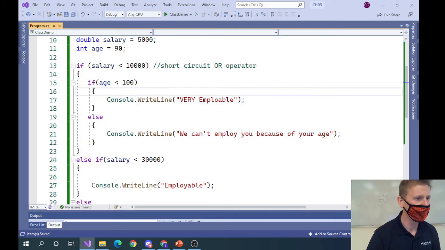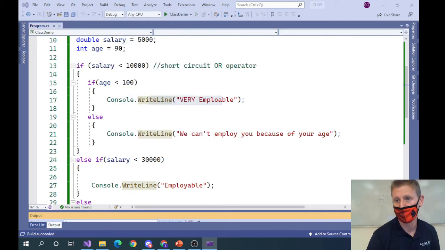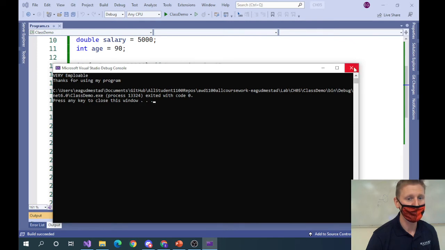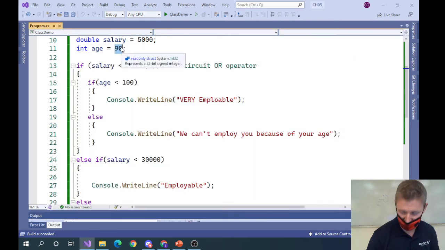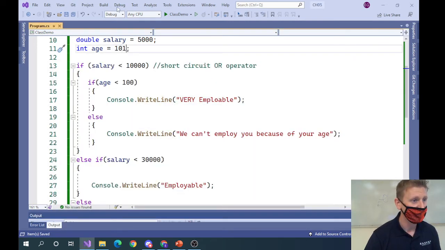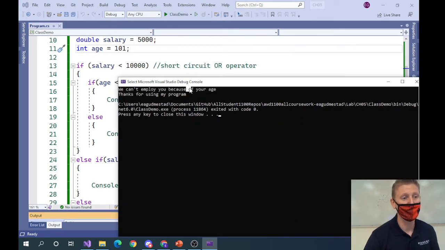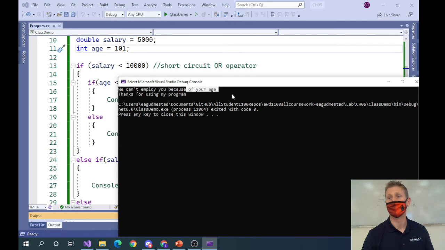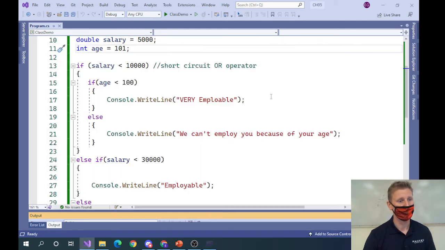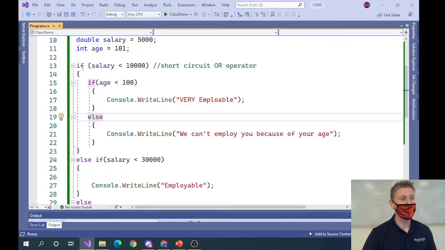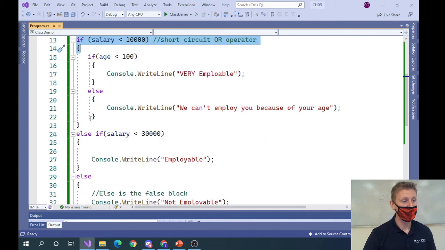And so here, age is 90, salary is within range. We should see very employable. And there you have it. But if we all of a sudden say that you're too old, we get this, we can't employ you because of your age. So I've demonstrated if else's,